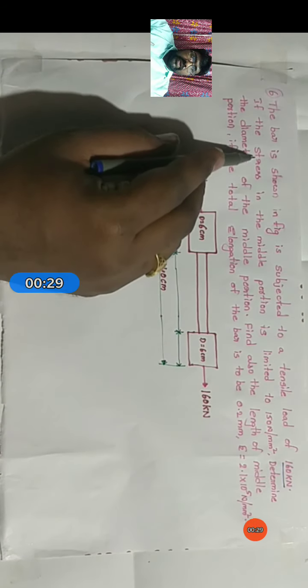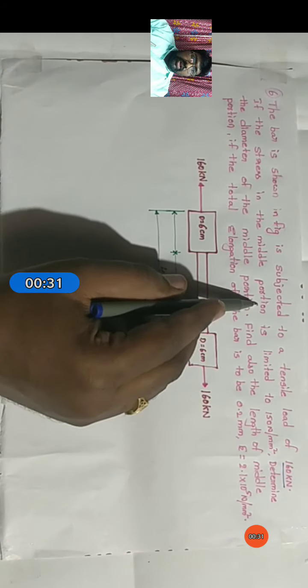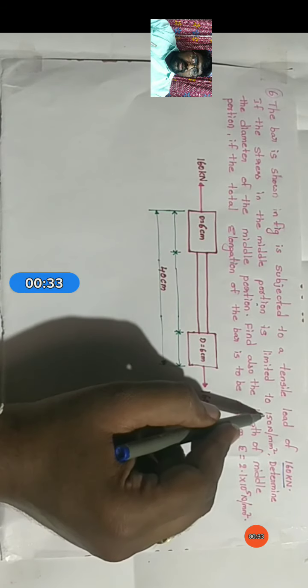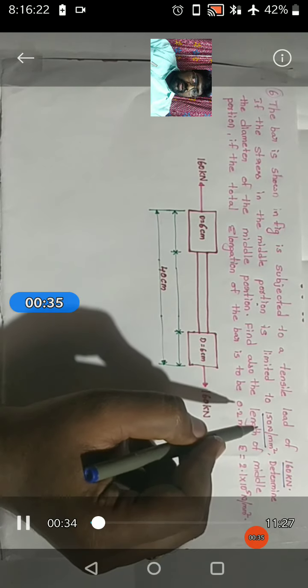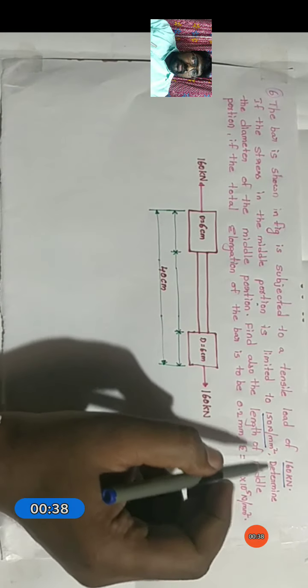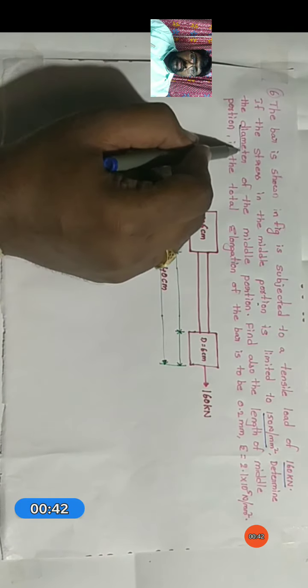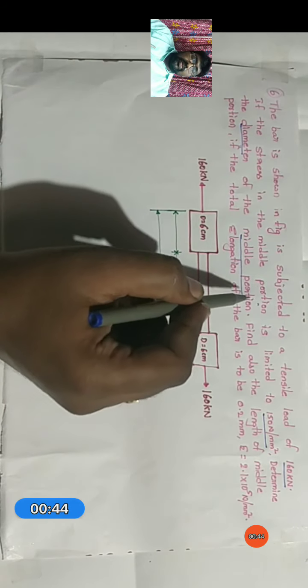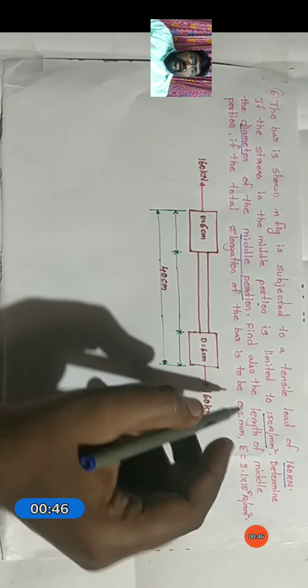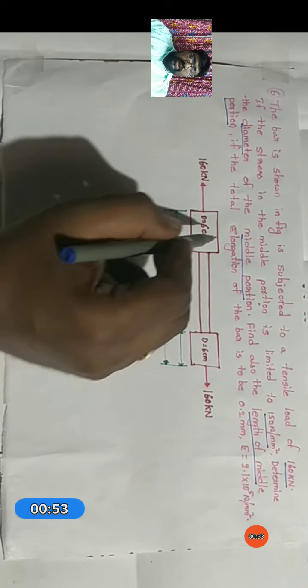The maximum stress in the middle portion is limited to 150 Newton per millimeter square, so we need to determine the diameter of the middle portion and also find the length of the middle portion. We need to calculate diameter and length due to the application of load,